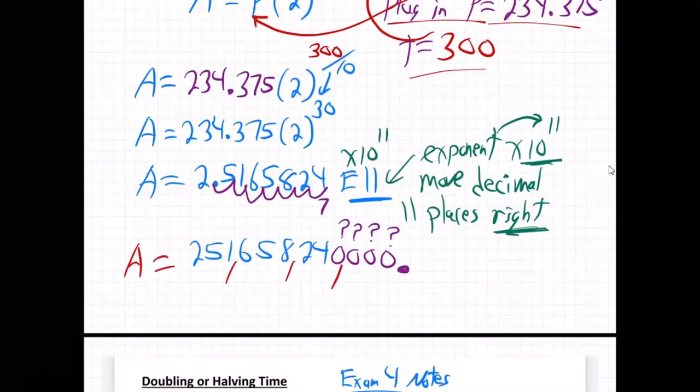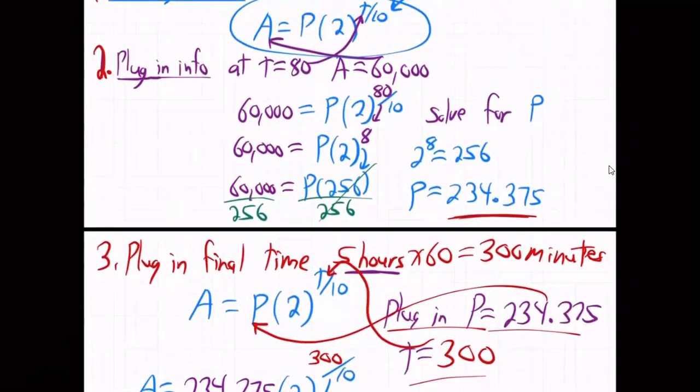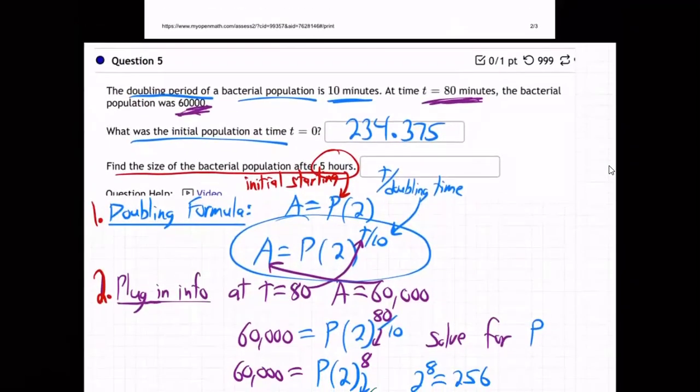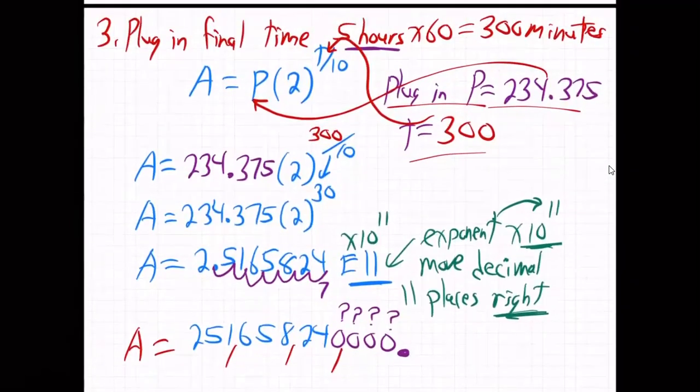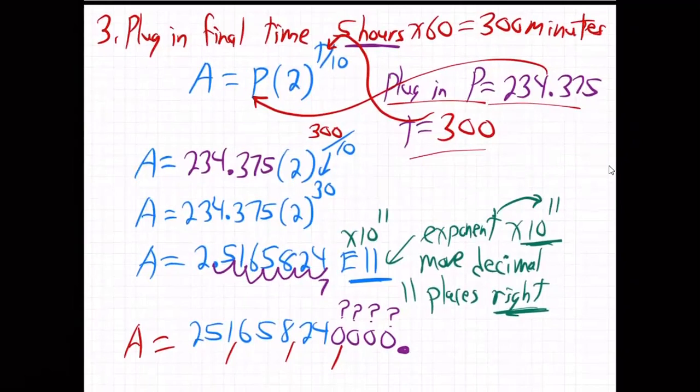So there it is. That's a gigantic number. Now, I don't know how accurate. What does it want? Find the size after 5 hours. So there's our number. Our number is 251